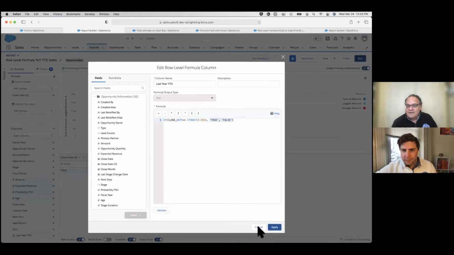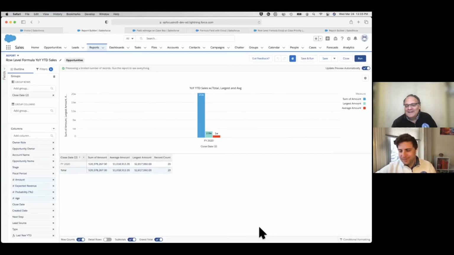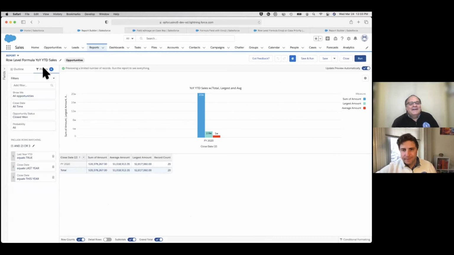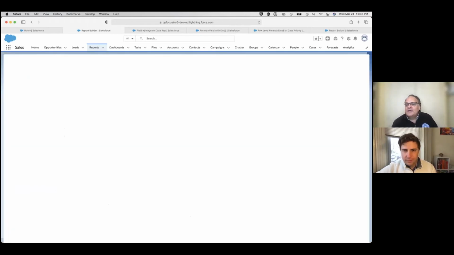All right, this is the part of the program when the Zoom windows get in the way. Oh, there we go. Okay. So, as I mentioned, the filters, we cleaned them up, made it closed won, last date. We did use that formula field, the row level formula in the filter. And what this gives us when I go run it